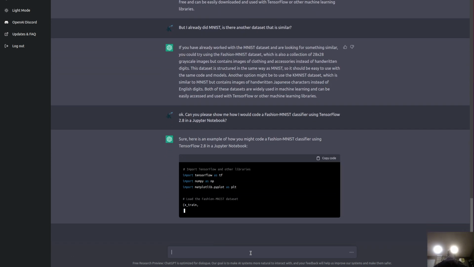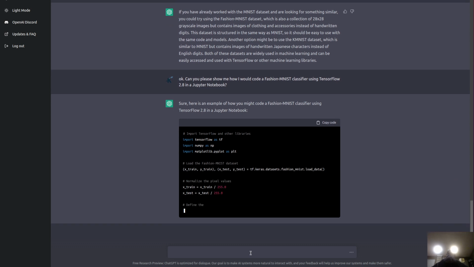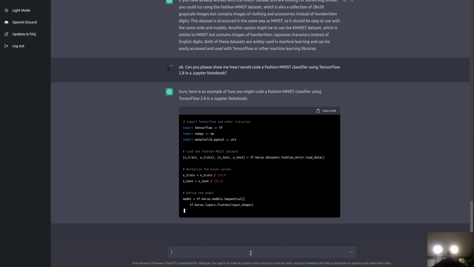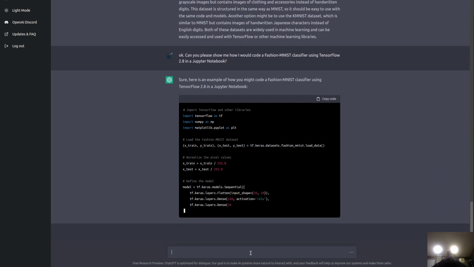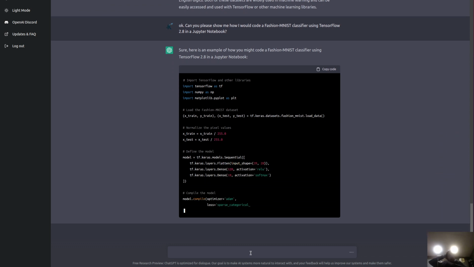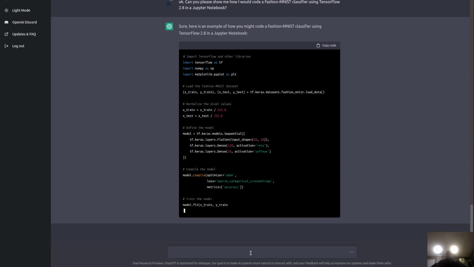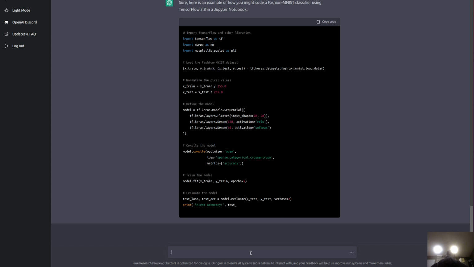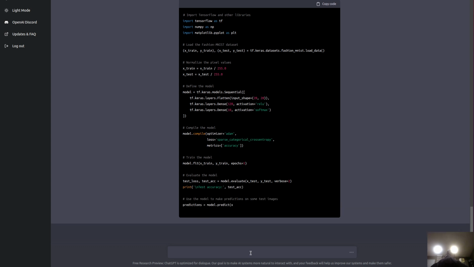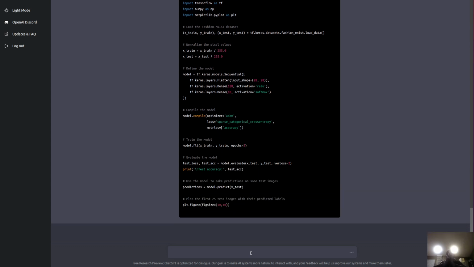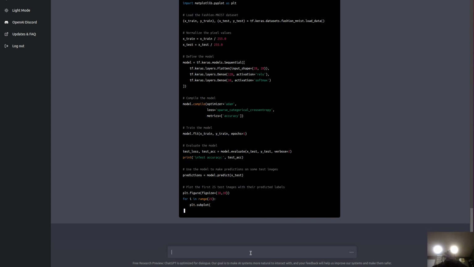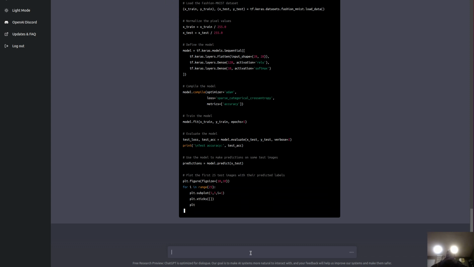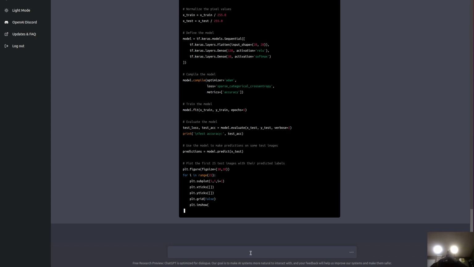And okay, PyPlot. Yep. So TensorFlow, NumPy, x_train, y_train. So we'll see if it gives a validation split or not. The model, just a dense model, compiling with, yep, Adam and sparse categorical cross-entropy, fit. Okay, so it doesn't have any validation.